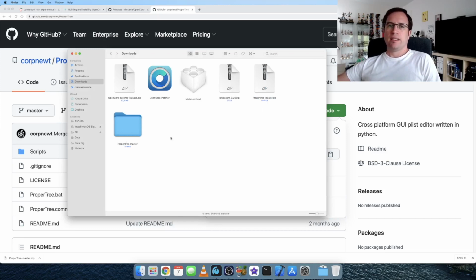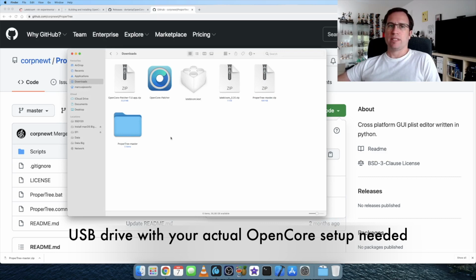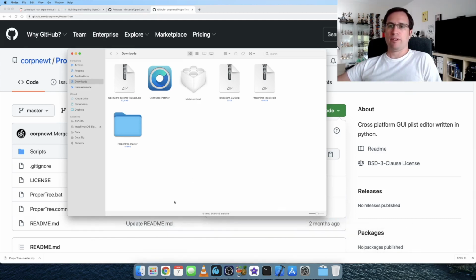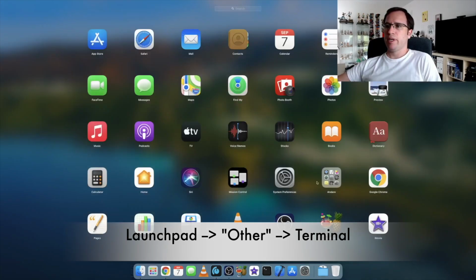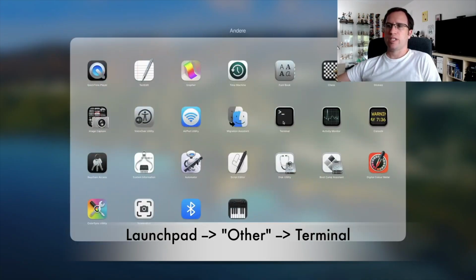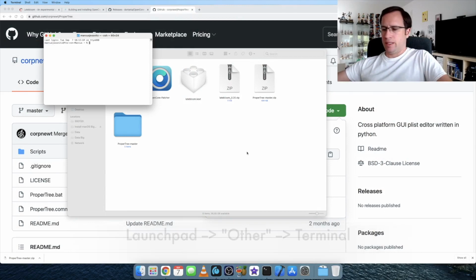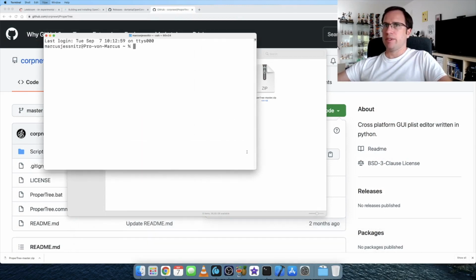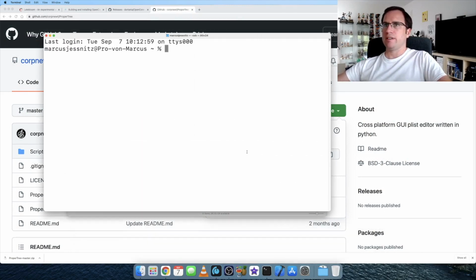And next we need the USB drive where we test the new LateBloom driver file with your actual config. So to mount the EFI partition, we go to the Launchpad, Other, and then we say Terminal. Let me just enlarge it a little bit so you can read.